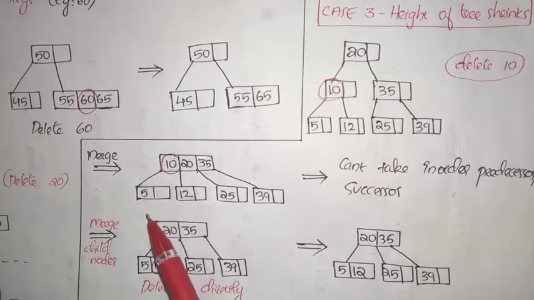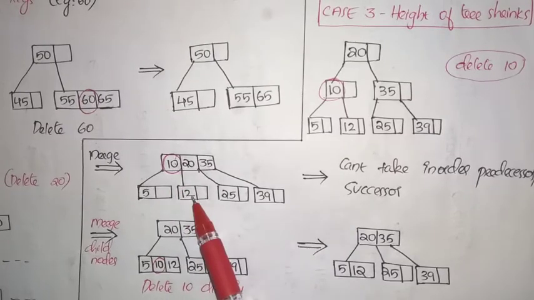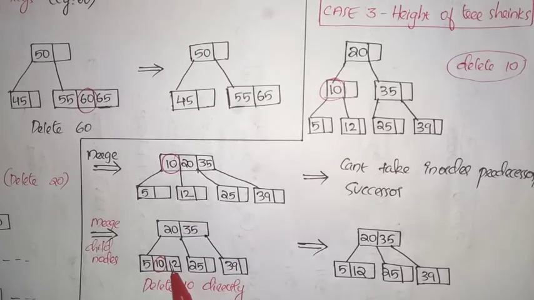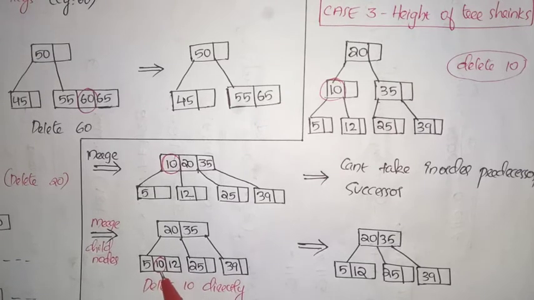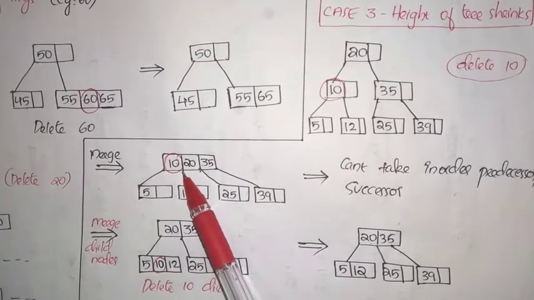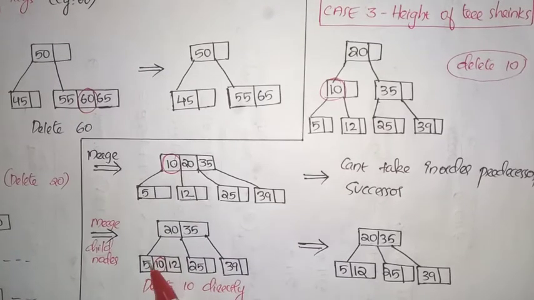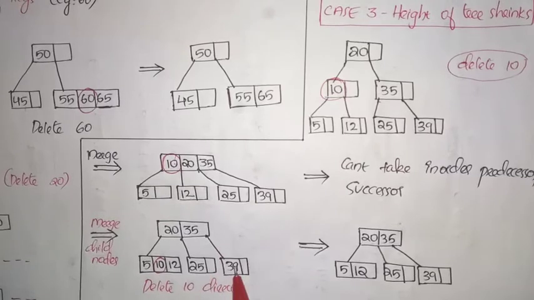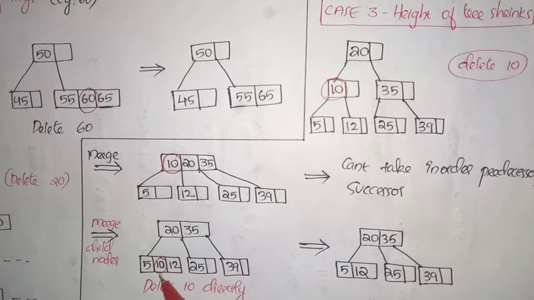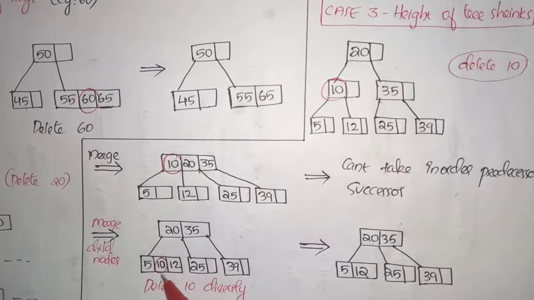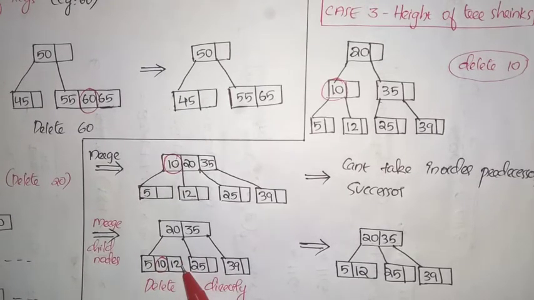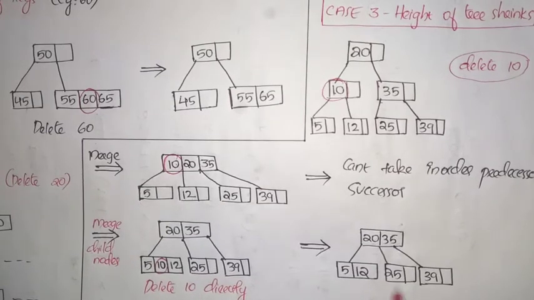So now this 5, 10 and 12 are merged together in a single node, and this particular node will become the left child of 20, 25 and 39. Both of these nodes are written as such. No change at all. Now in such a scenario, we can actually directly delete this 10, right? Because even after I am deleting this key 10 from this particular node, it still has two more keys left, so it is not violating the minimum key condition, so we can directly delete this 10 here. So that is, our output will be like this.